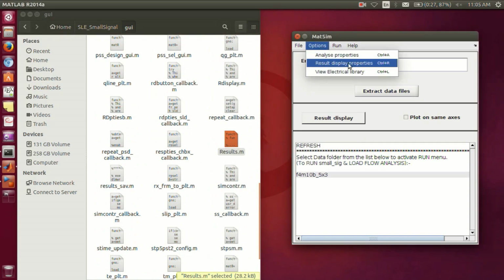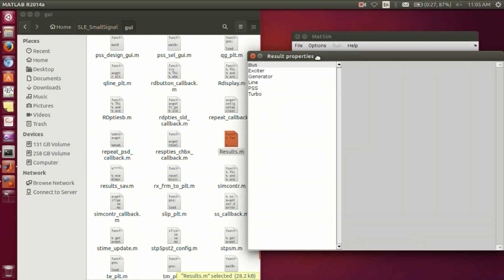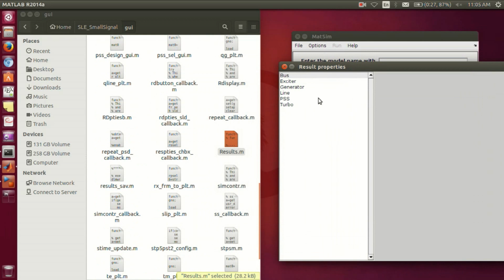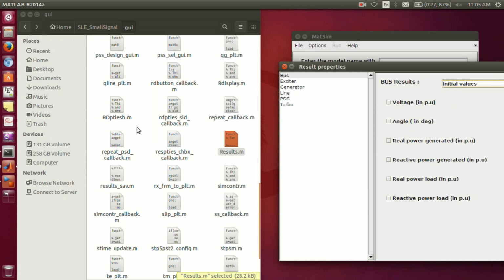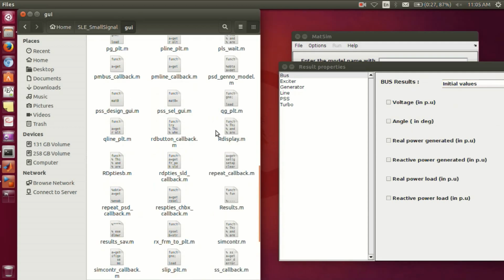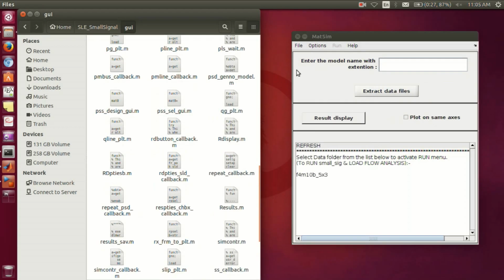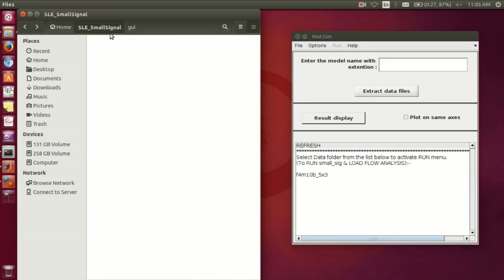So for selection of various variables for plotting, this is the result property GUI. So we will explore more in the further sessions.